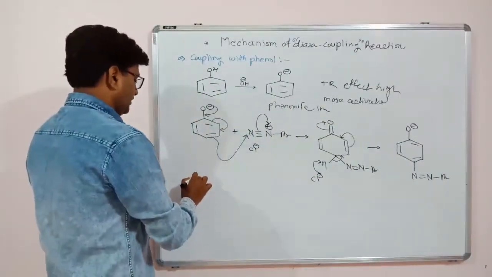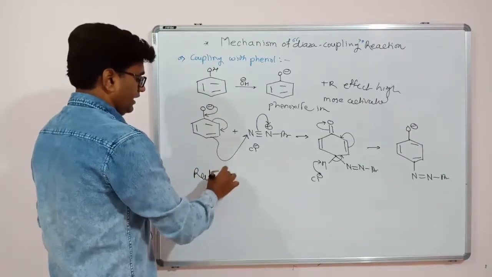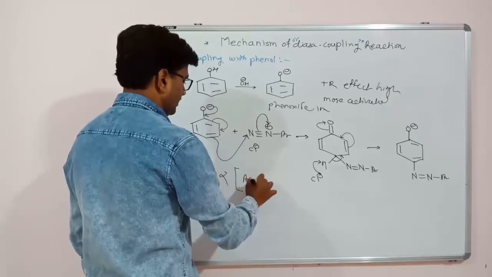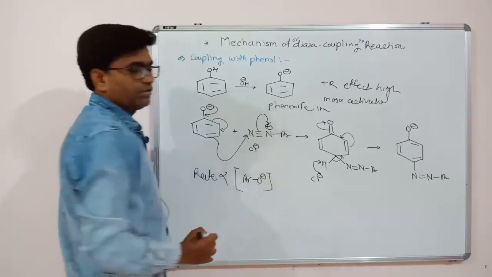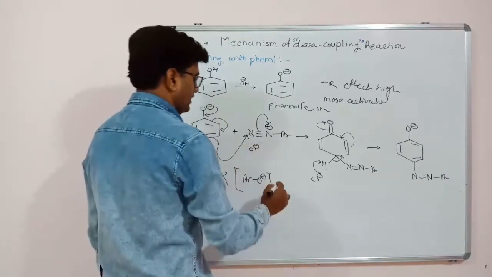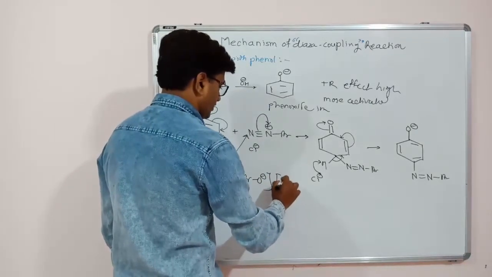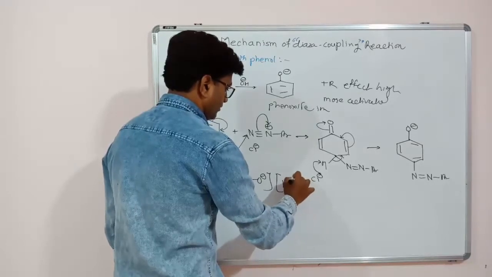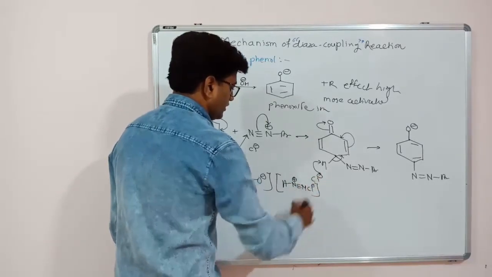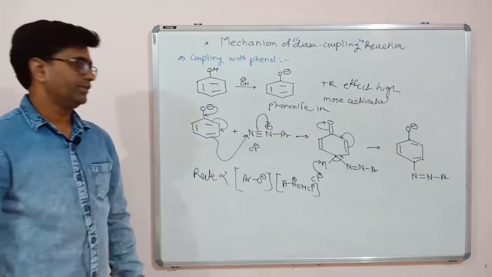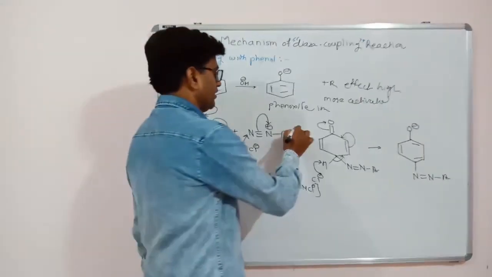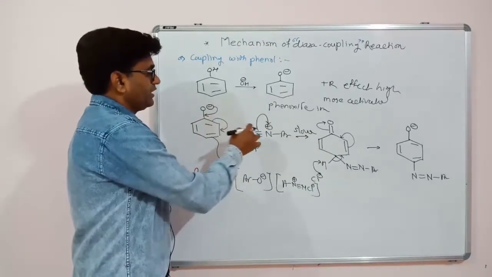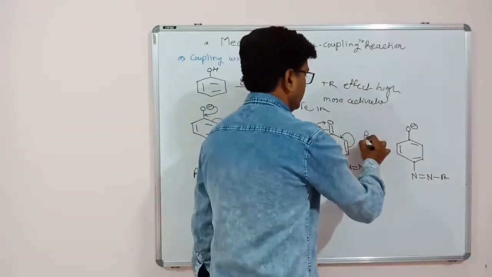So the rate of this reaction is directly proportional to the concentration of phenoxide ion, as well as the concentration of diazonium salt. So this is the slow step, the attack of the benzene ring on our electrophile, and this is the fast